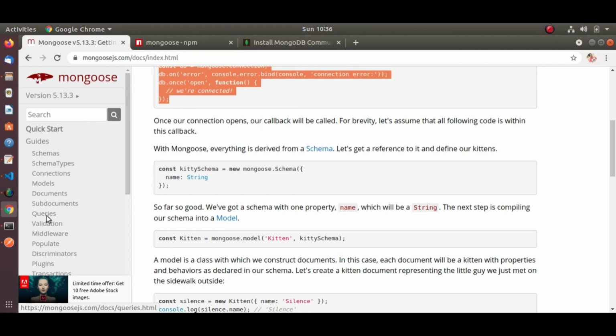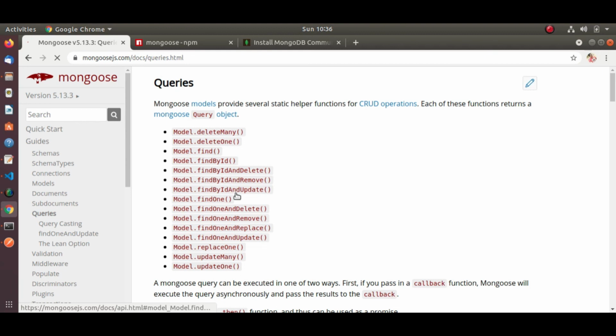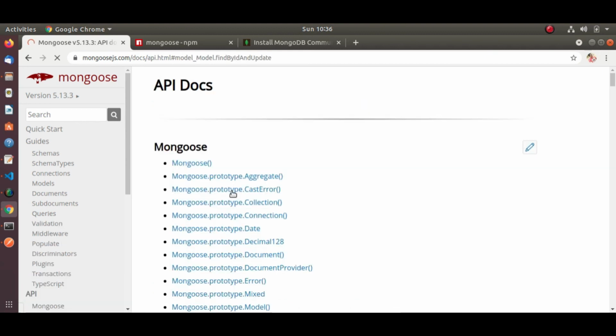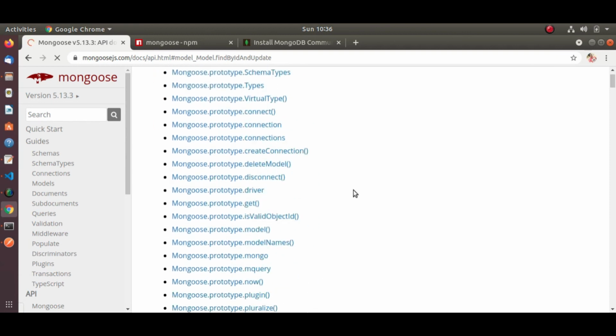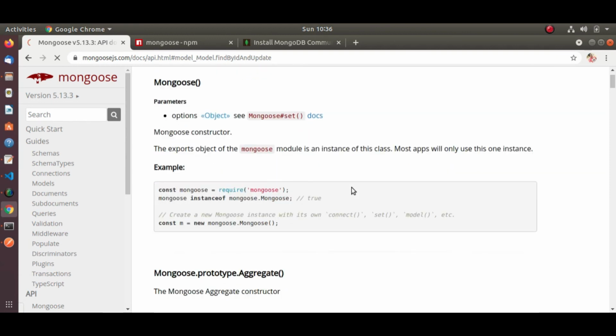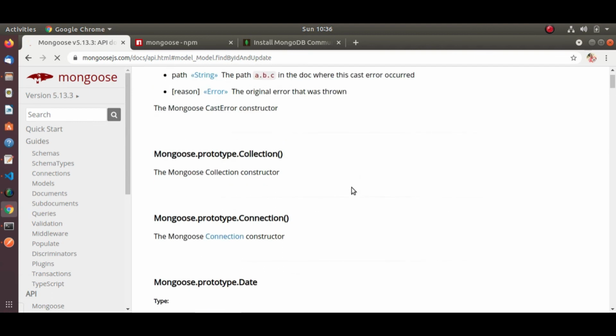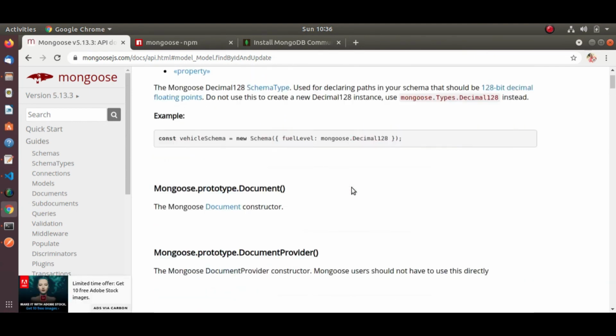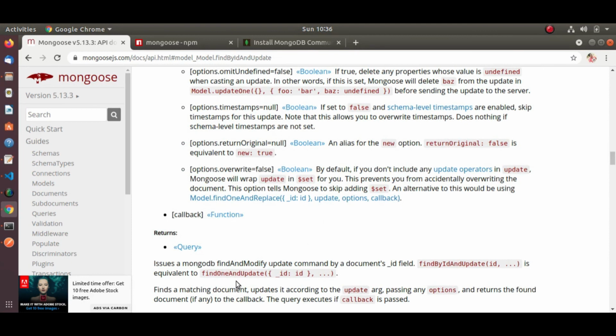Go to query. Find by ID and update. This one. Sorry, find one and update.